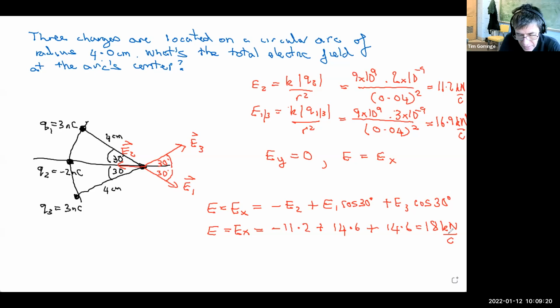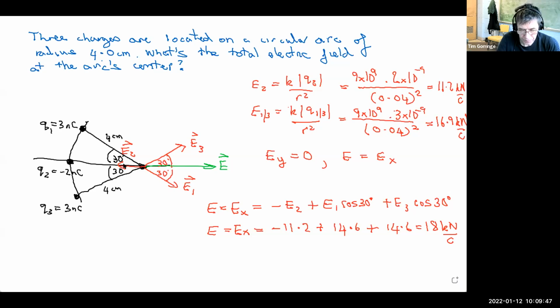None of it's in the y direction, and that's because of the symmetry. I can draw that. Let me add that electrical field to the sketch. Here it is, in the positive x direction. It's a bit bigger than the individual fields E1 and E3. It's quite a bit bigger than the field E2. And its strength is this 18.0